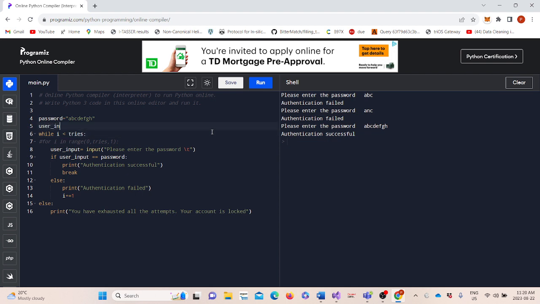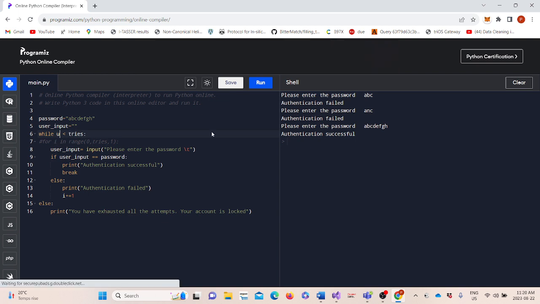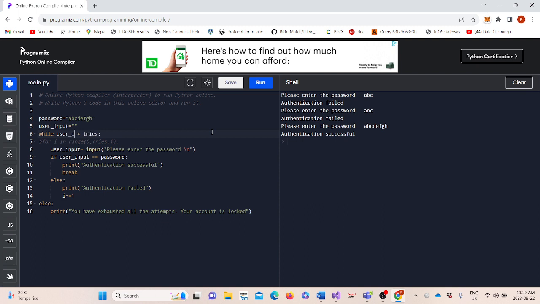User input is equal to, I can initiate a string, while user input not equal to the password, and then we can say, please enter the password,